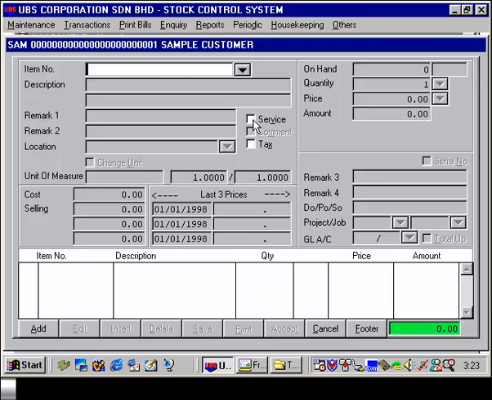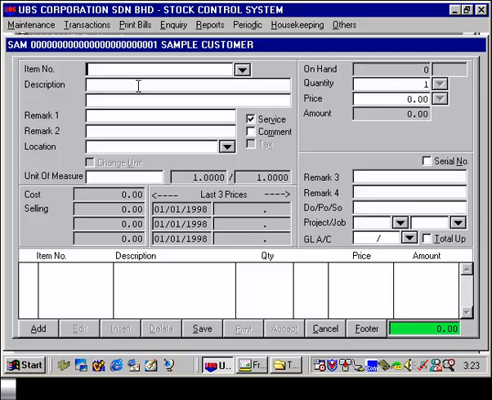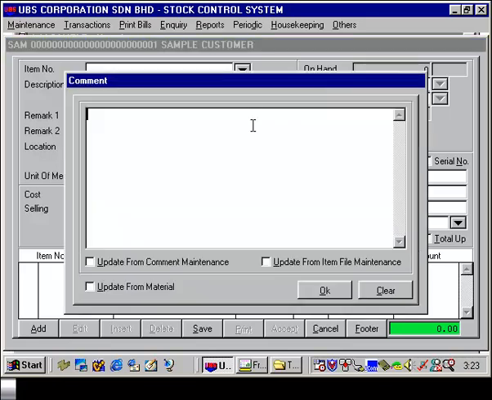Now as per example, we are setting a sample to default the configuration of our computer. So in this case, we call it Acer computer that we are selling. So I give you a description called Acer computer. In order to enter the configuration of the computer, I'll click on the comment box, and this will bring out a free format text area in order for me to enter the detail. So as per our example, our Acer computer that we're selling has a configuration of having one parallel port with 2 serial port